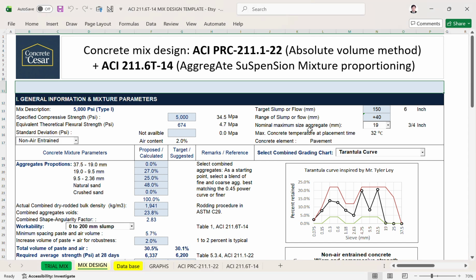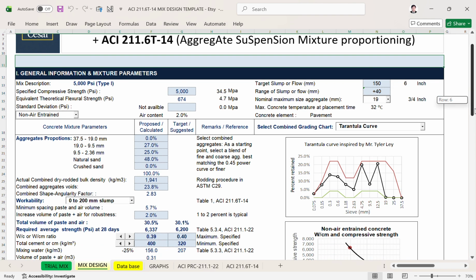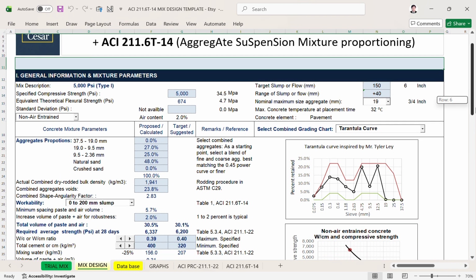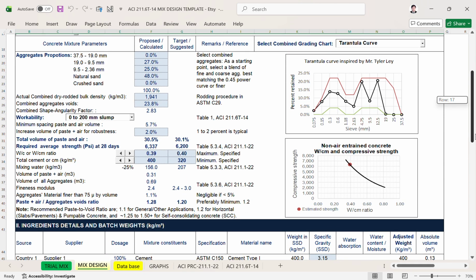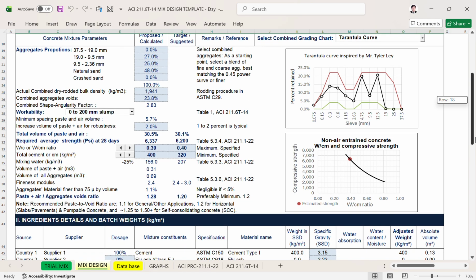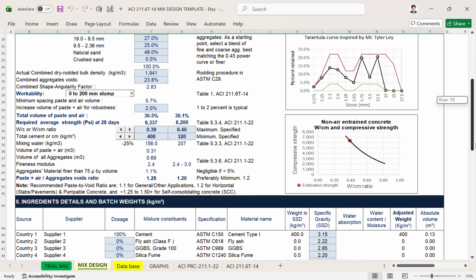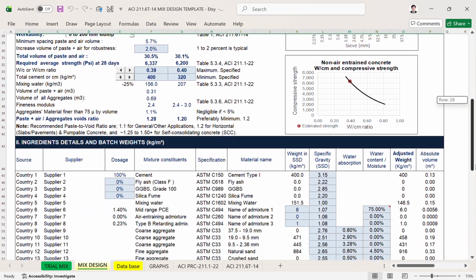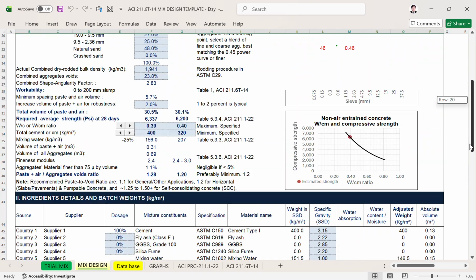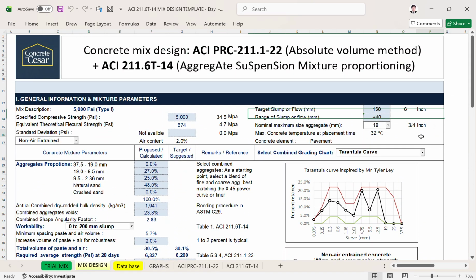So as you can see, I have here normal mix 5000 psi, which is already complying to its property requirement by the right water cement ratio, the right amount of cement content, also the combined grading. So now I would like to show you how we can simply use this template to turn this to a self-consolidating concrete. So start with